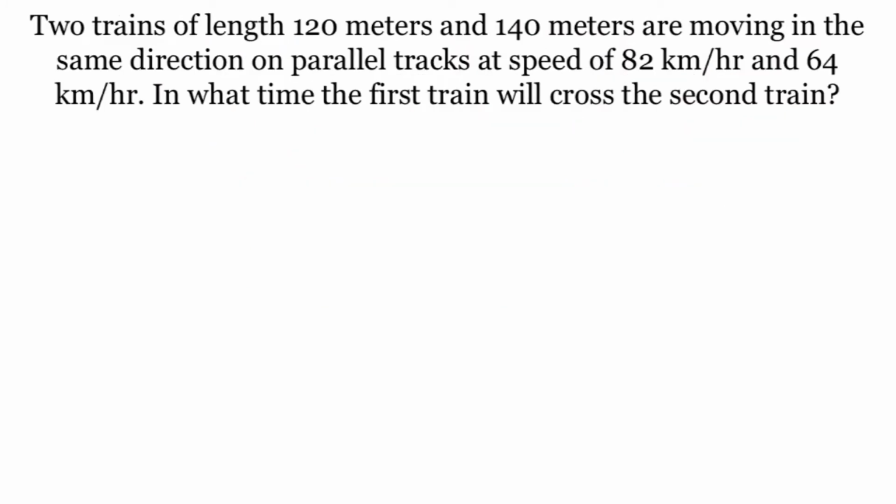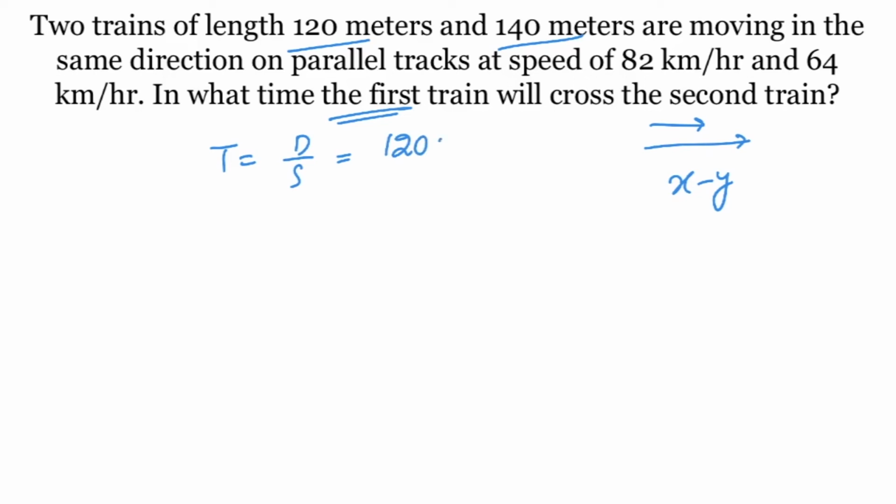Two trains of length 120 meters and 140 meters are moving in the same direction on parallel tracks at speeds 82 kmph and 64 kmph. In what time will the first train cross the second train? See, two trains of lengths 120 meters and 140 meters moving in the same direction. Same direction means effective speed is x minus y. And speeds are given. Time is required. Time formula is distance by speed. Here distance is lengths of trains, 120 plus 140, divided by the speeds'